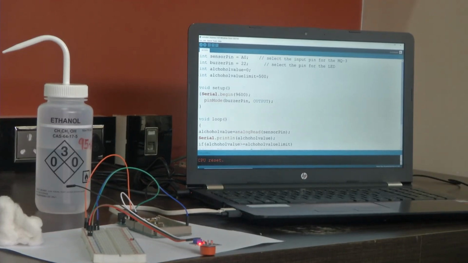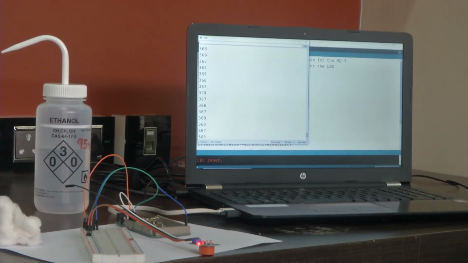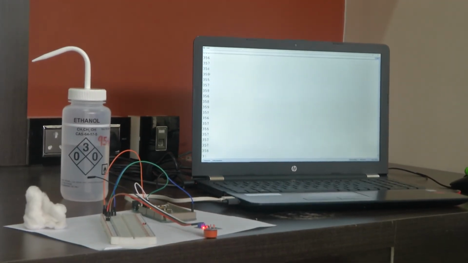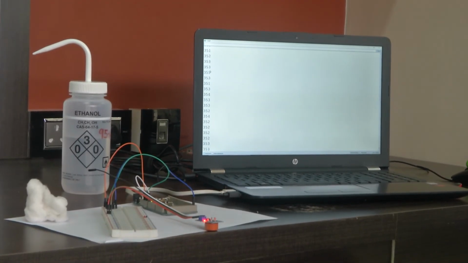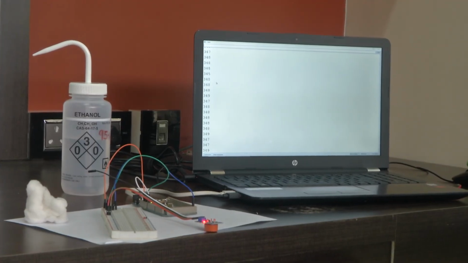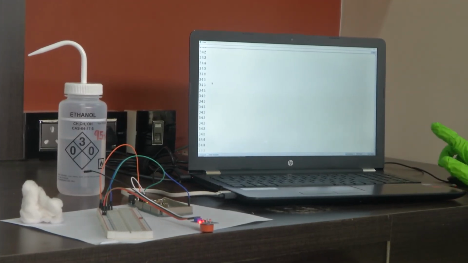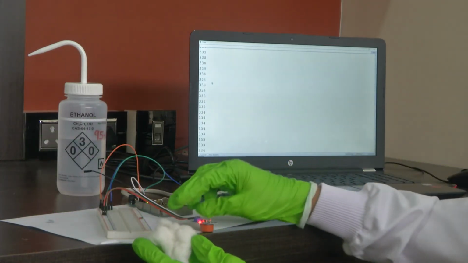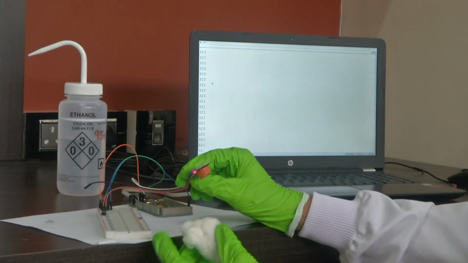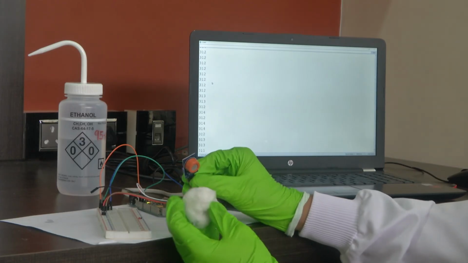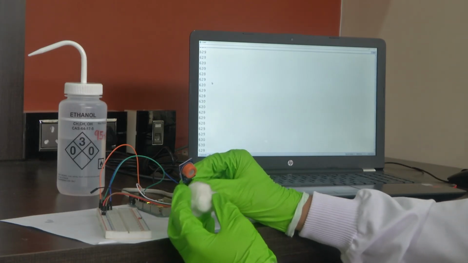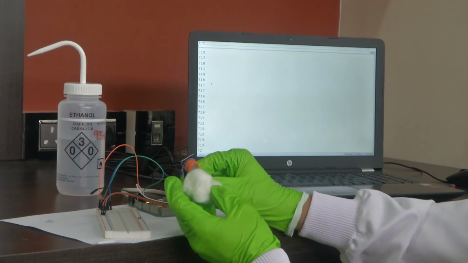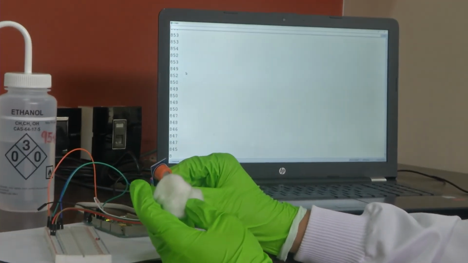We can just see once in the code again. I am just opening the serial monitor. So you are seeing a lot of values here. This is the analog output from the sensor now. I have explained this before. While you are seeing these values, I am going to show the cotton swab to the sensor, and you can hear the sound and how the value changes. See, you can see that the value has increased above 500, which is the set threshold.